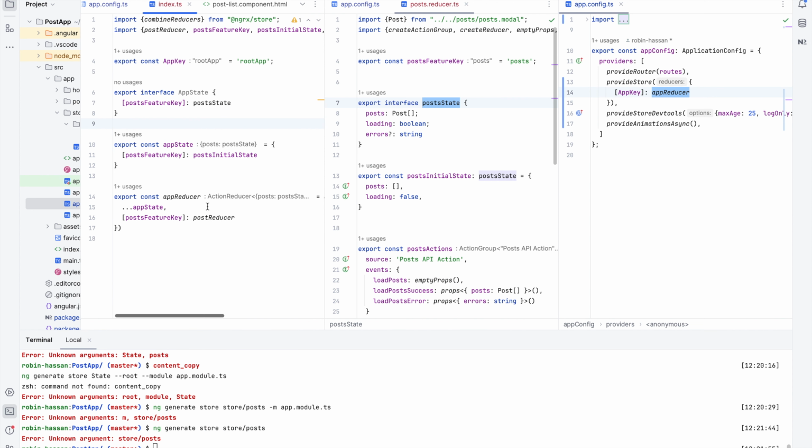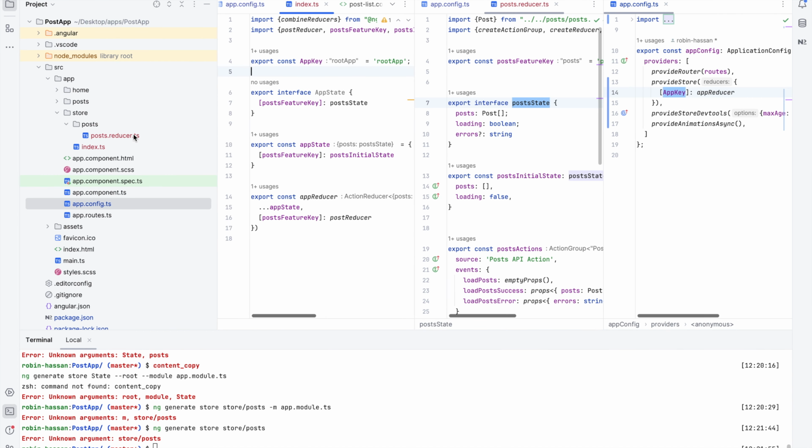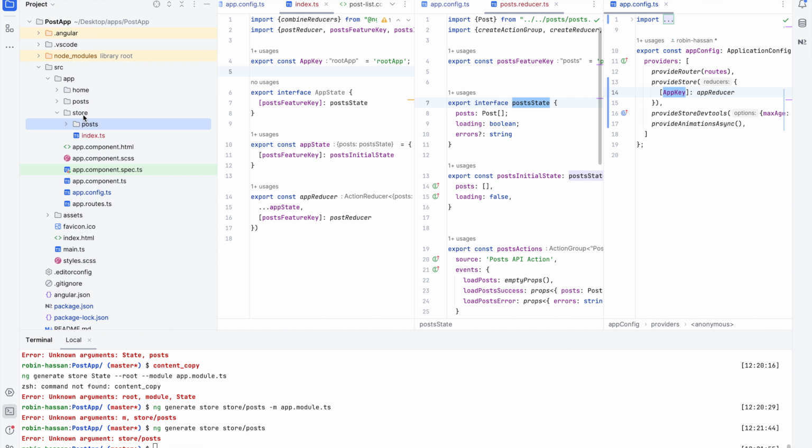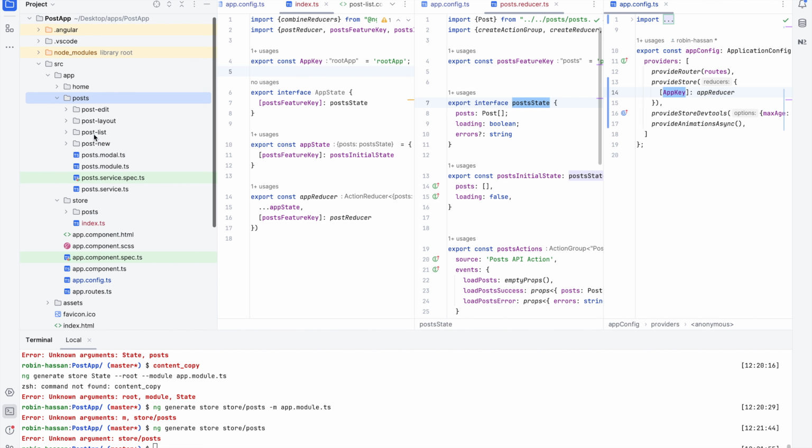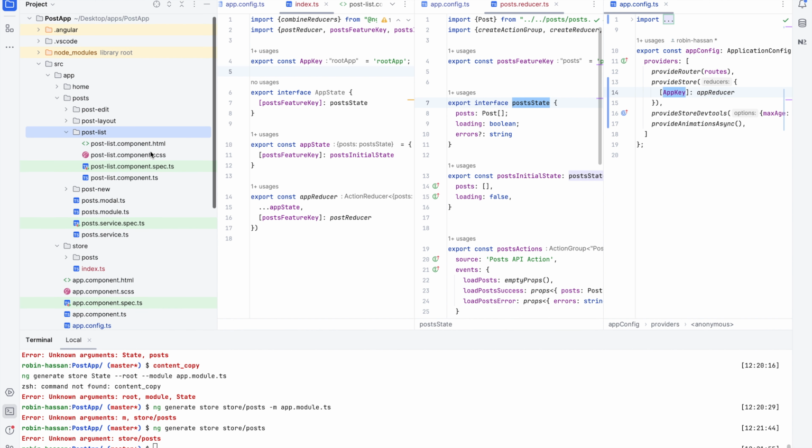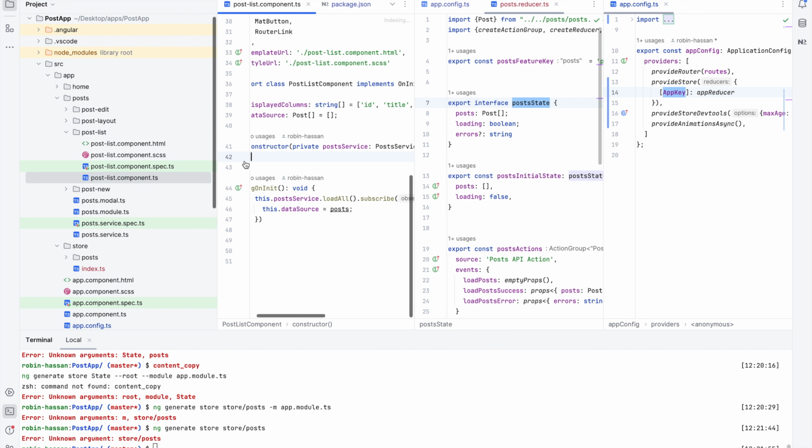Let's see, we have the app reducer, app key. Okay, yeah, we didn't dispatch anything. Let's try to dispatch something from the post itself. This is the list, and here